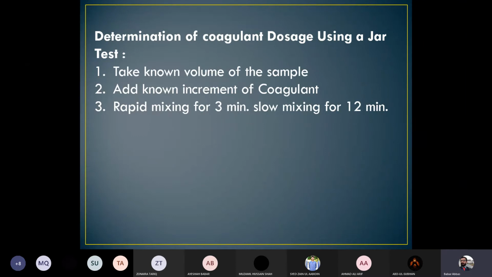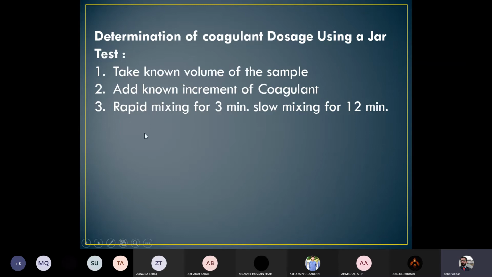Then determination of coagulant dosage using a jar test may also take place. You must have conducted the experiment over the jar setup. The jar setup is a very good and unique example for finding out various steps of the water treatment facility, for example, coagulation, flocculation, and sedimentation. These are the basic unit operations which can be optimized in this single apparatus. Take a known volume of the sample, add a known increment of the coagulant,